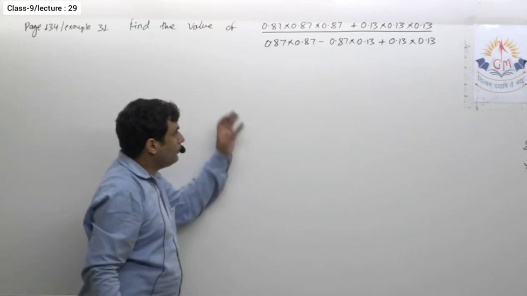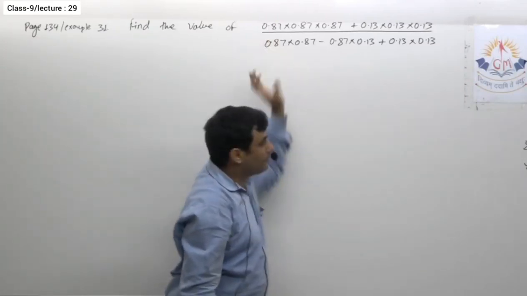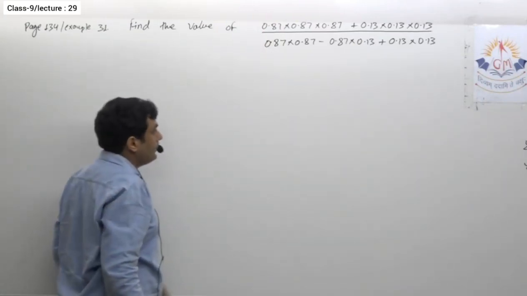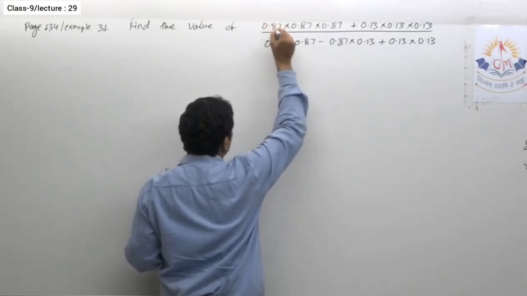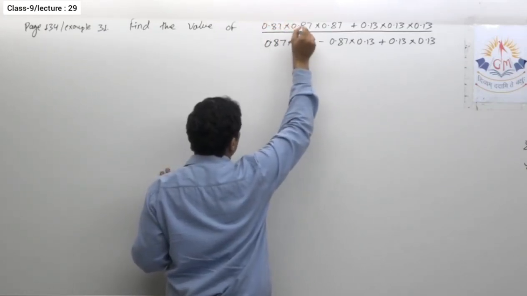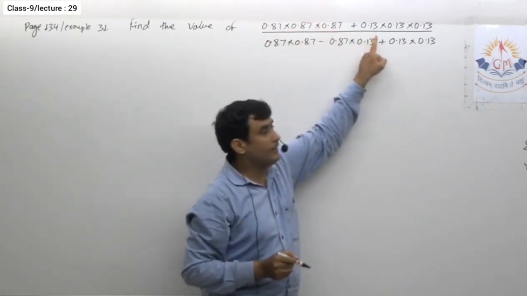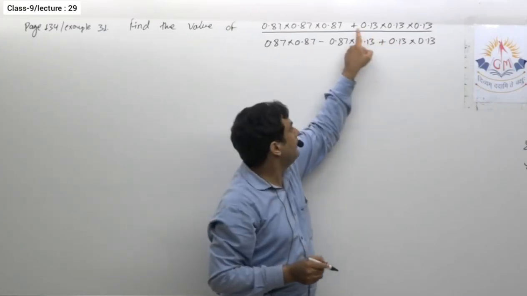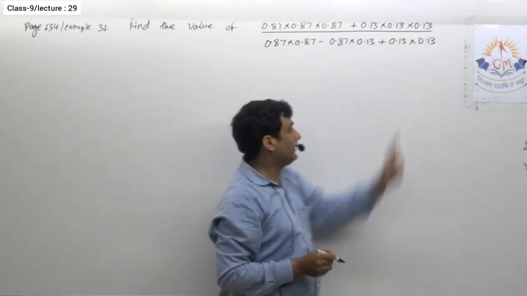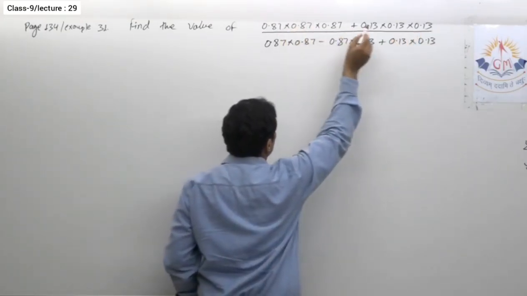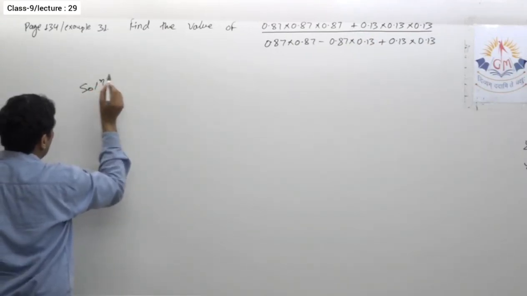The values give you the view that this is very difficult. However, this question is not that difficult to solve. Simply, for a while, if I assume this 0.87 is a, then this is a multiplied by a multiplied by a, so I can write a cube. Similarly, if I say 0.13 is equal to b, then it is 0.13 into 0.13 into 0.13, so this will become a cube plus b cube. In that way it will be easy to solve. Let us see how to solve.